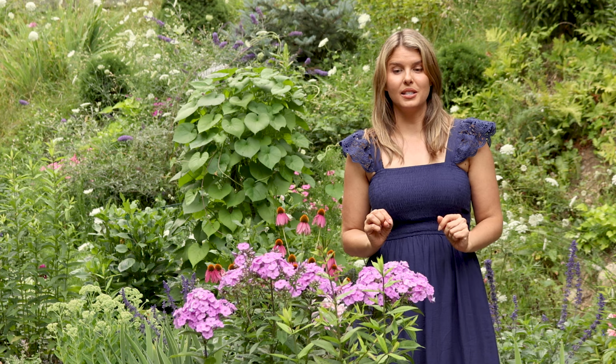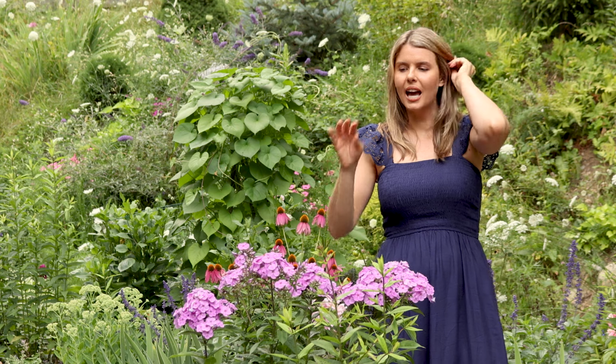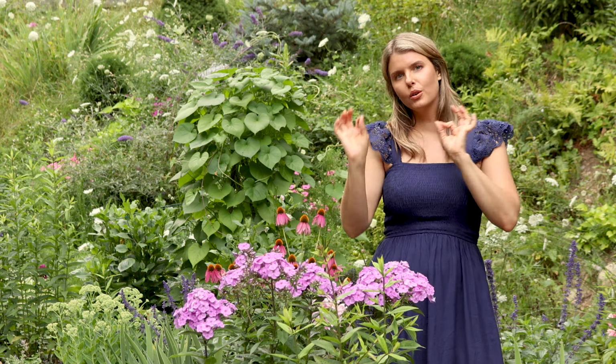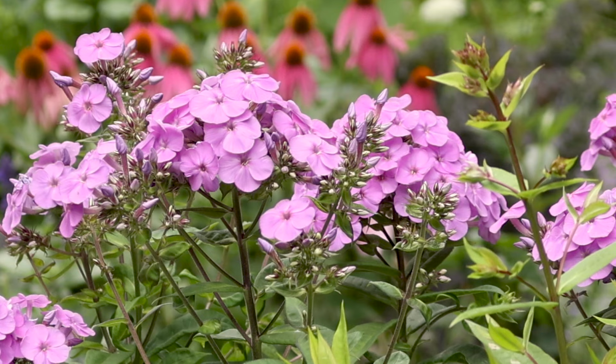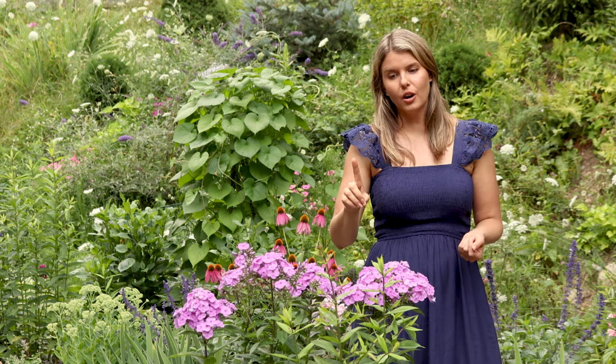A couple other things I wanted to mention. These are sort of honorable mentions, things you might have been tempted to put in your garden. I'm not going to deter you from that, I'm not going to convince you out of that, but I am going to warn you of a few things. So: phlox, daylilies, and hostas. These are all really common, and very popular in gardens here in the Northeast. I'm not discouraging you from putting them in your garden because they are